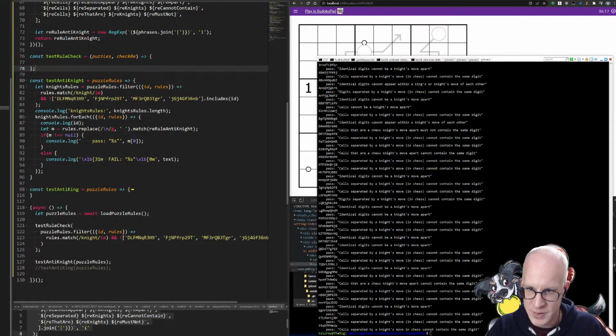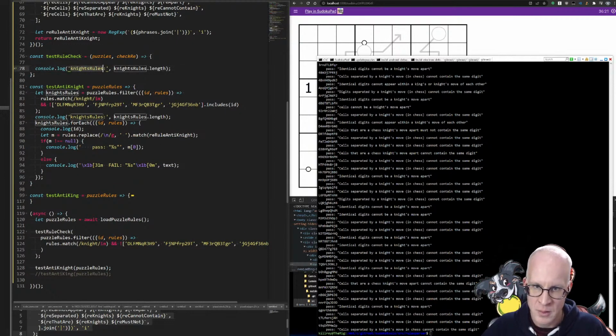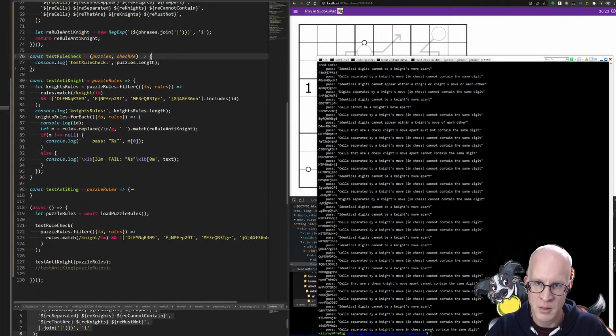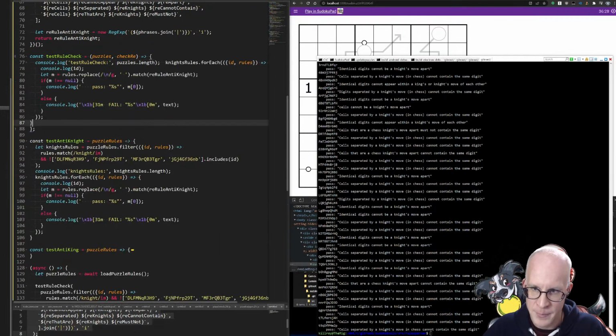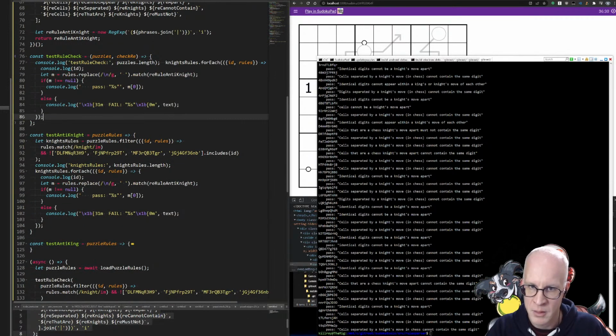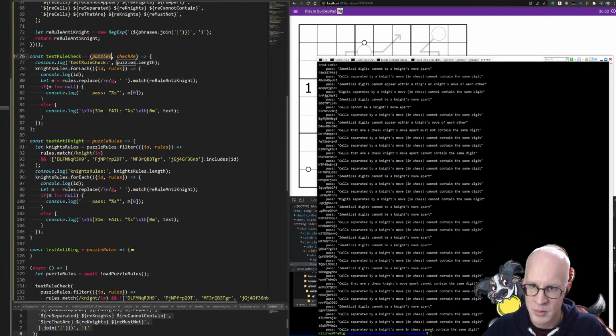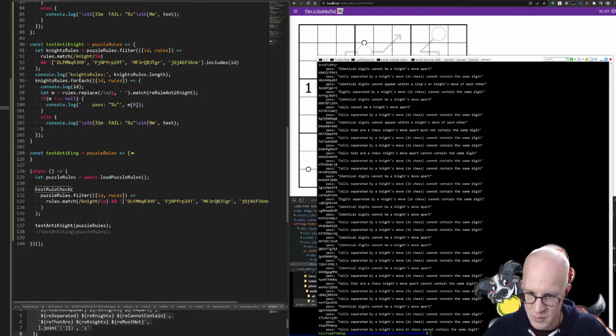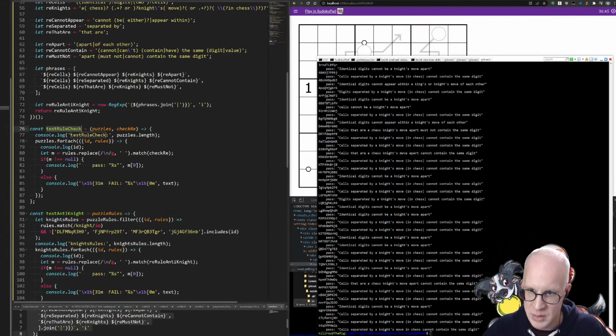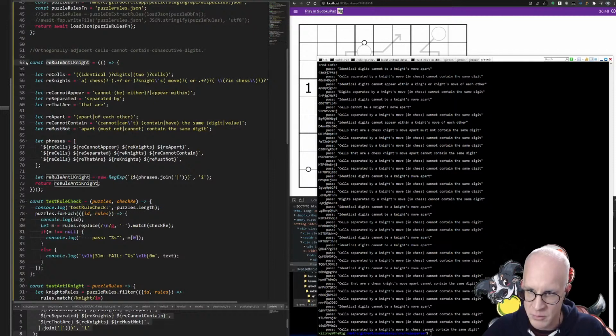So we got the rules, which is this part. Then we say how many rules. I'm just going to do this. And then we're going to do this bit. Puzzles. ID rules. Check regular expression. And then we have pass or fail. So now if I do this and pass in the RE rule until night,